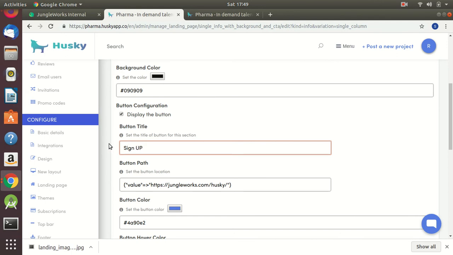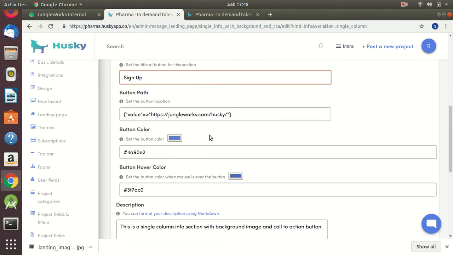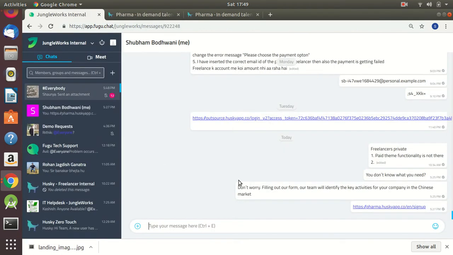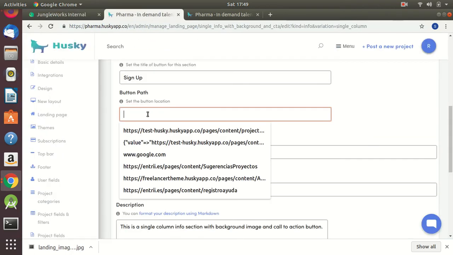Suppose I want to write sign up, and I will give the path for this button. That means when clicking on this particular button in this particular section, where admin wants that the user should go. So I'm just clicking over here, giving the path for this button.